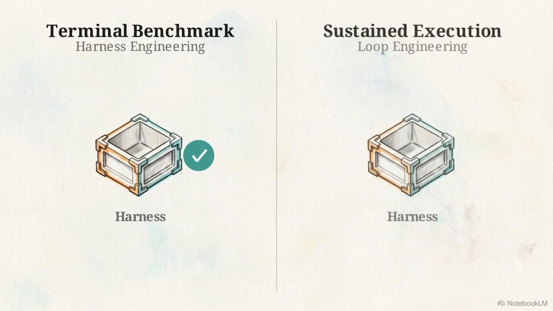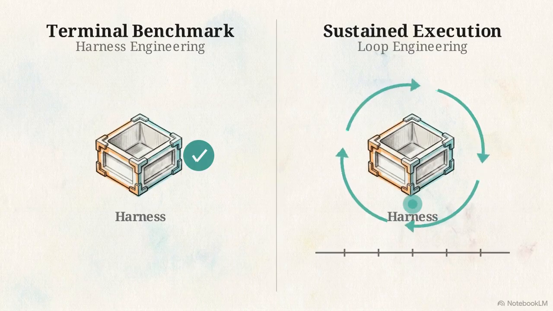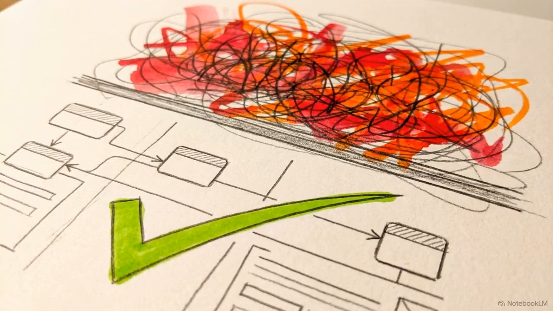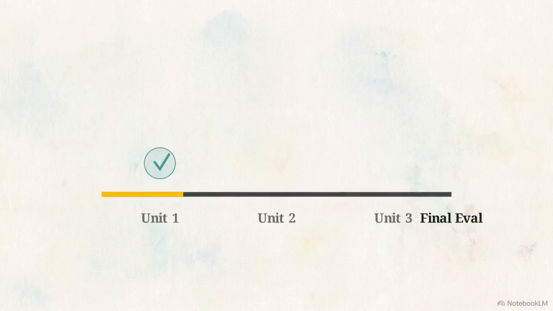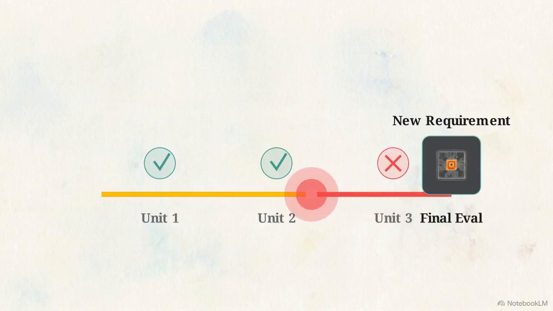But infrastructure has moved toward loop engineering. Systems now add a high-level control surface over the harness, requiring agents to manage persistence across an extended timeline. Grading only the terminal state obscures the development process. It makes it impossible to see if the agent actually maintained its internal logic or simply arrived at a viable artifact by chance. These benchmarks cannot track an agent's ability to route residual work or preserve its earlier progress as new requirements are added to the codebase.